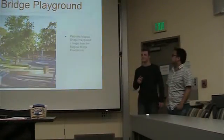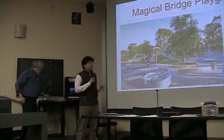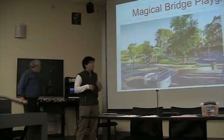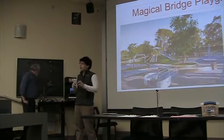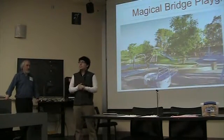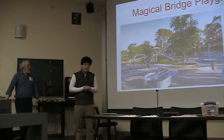And so a little bit about the Magical Bridge Playground. It's a playground located in Mitchell Park here in Palo Alto. One of the main goals of the Magical Bridge Playground is to create an open, accessible space for people of all ages and abilities. So whether you're young, old, have disabilities, or do not have disabilities, you should be able